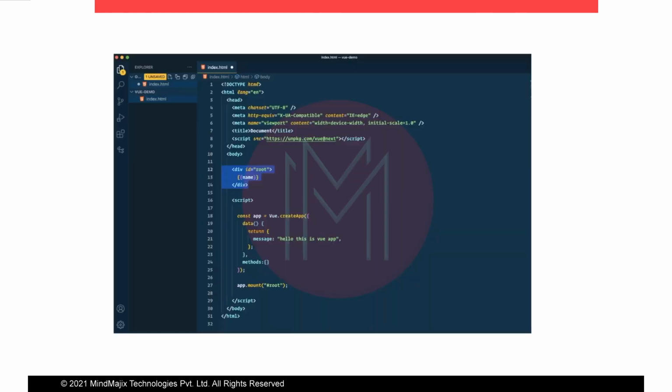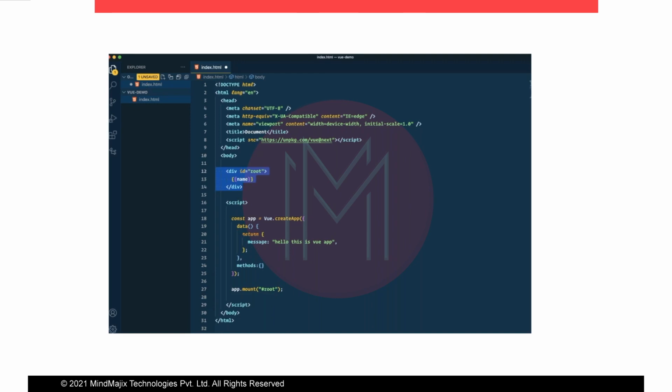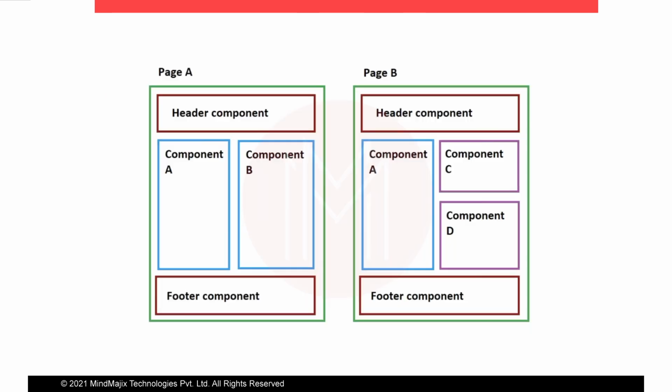And one of the main important things is that the building blocks of Vue are nothing but the component structure. If you want to make a Vue application, you have to make components. What is a component? If you have a page, and you have a header here and a footer, you know that in a website, the header and the footer are the same in every page.